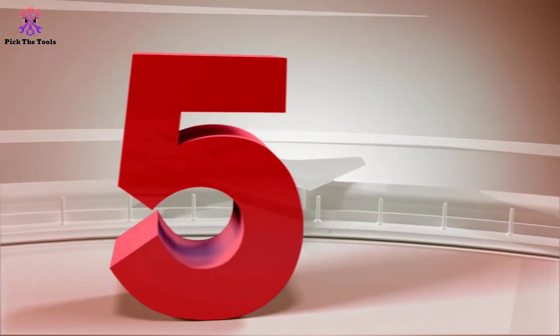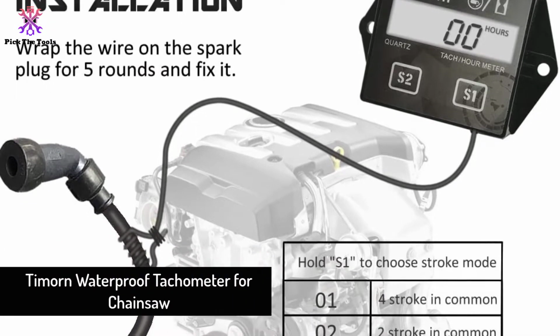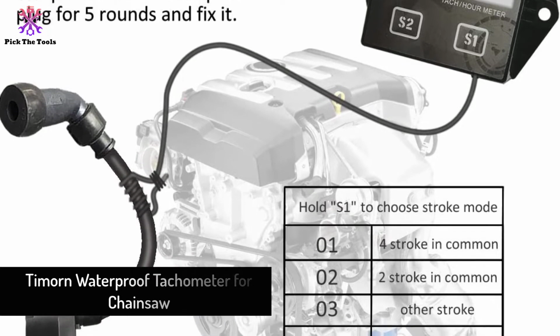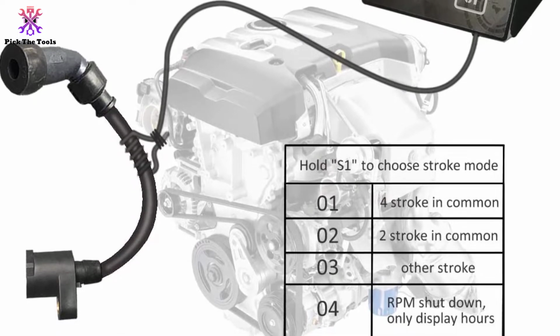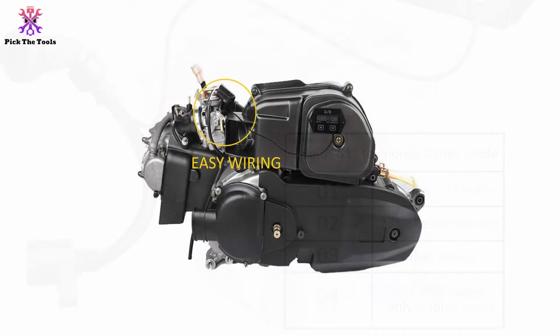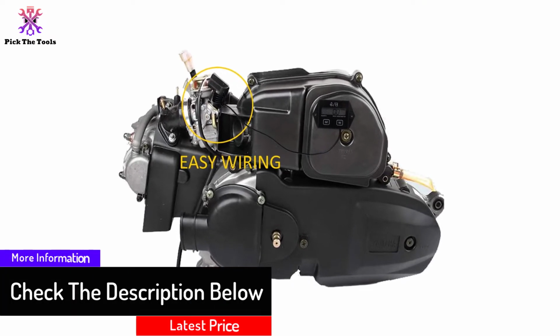Starting at number 5, we have the Timorn waterproof tachometer for chainsaw. There is no doubt that you can use this RPM meter with your chainsaw tool. This is for 2-stroke and 4-stroke fuel motors that can be equipped with its tachometer. You have to utilize it in a cutting tool. It will have the option to display RPM up to